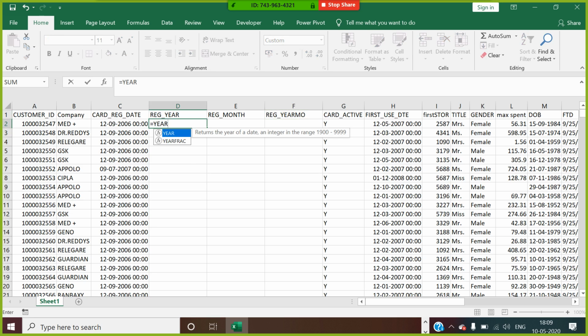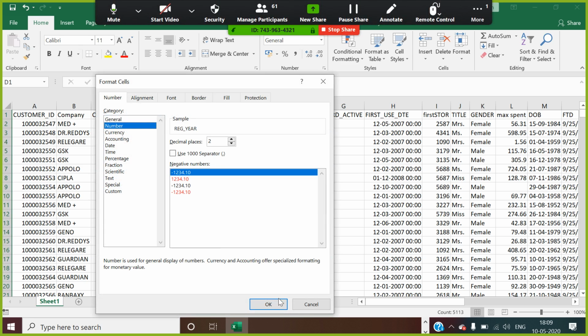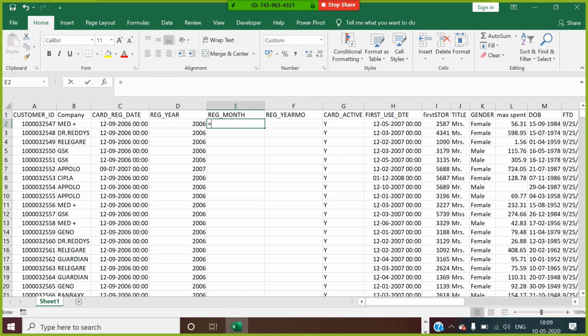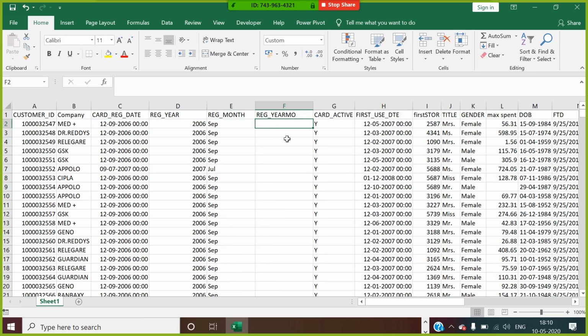How can I do this? I will use the year function over these date values to get these values, and you can do format cells, make it a number format. This is year. I use text on this value and convert it into MMM, which reads the month as a word. I can convert this into year month.